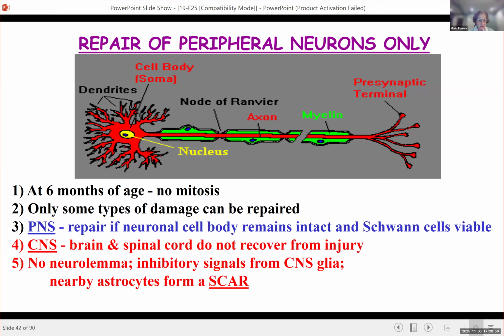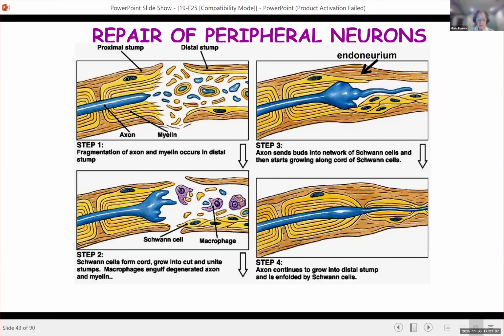So an important concept to know is that at 6 months of age, there are no more neurons, there's no more mitosis. So only some type of repair can occur, and that's in the peripheral nervous system. So let's see what happens. So in the peripheral nervous system,